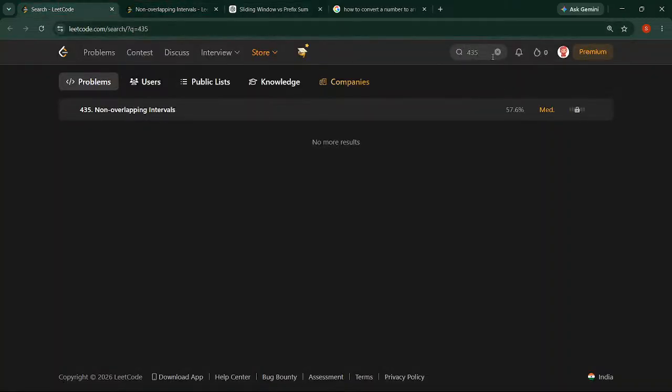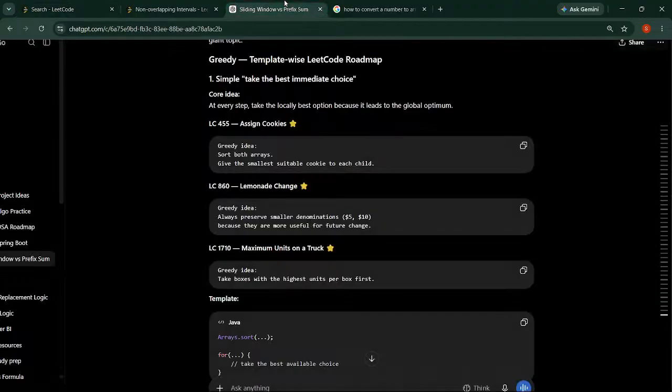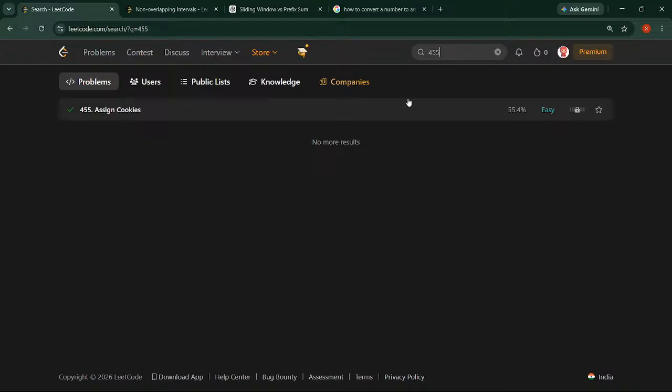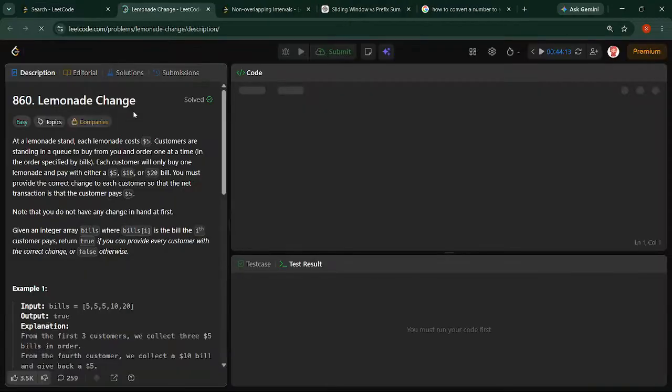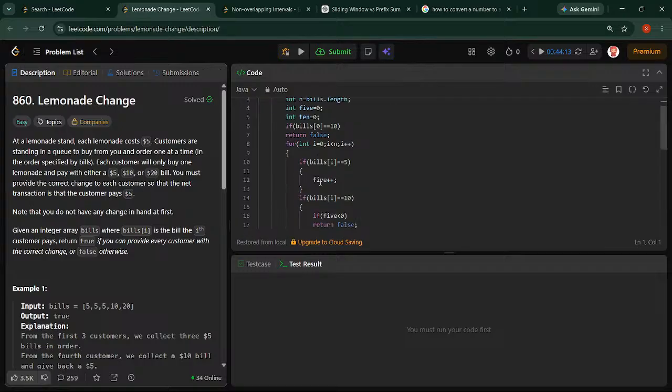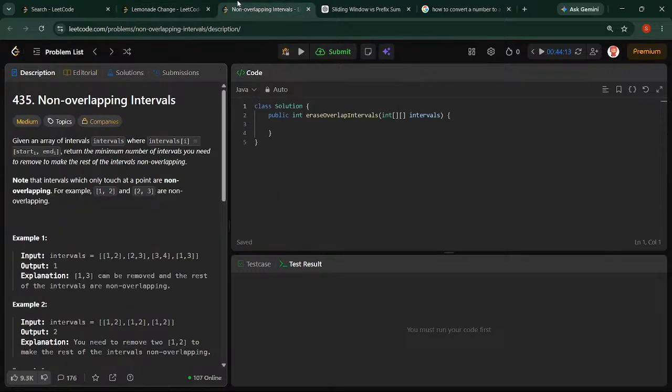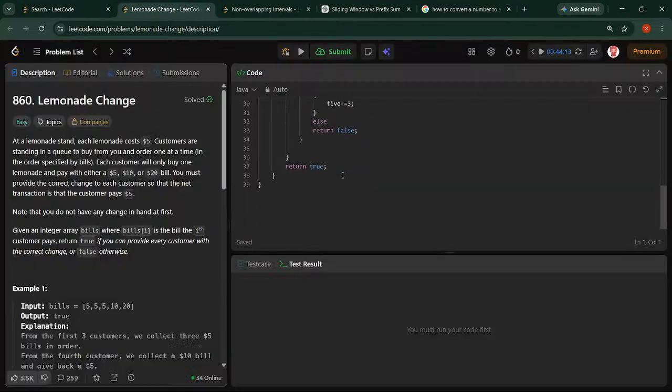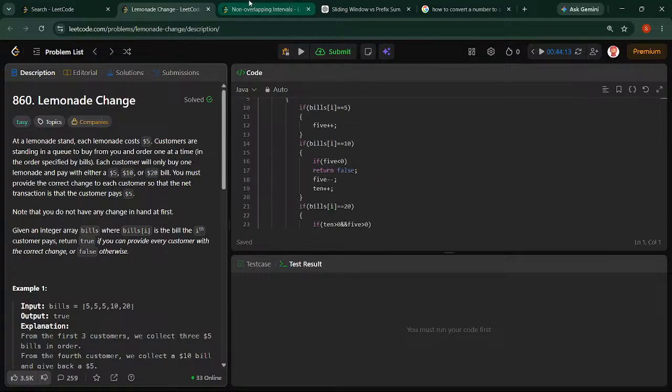455 तो चेक कर लेती हूँ मैं क्या किया था मैंने इसमें। 45 करने थे 860। ये तो मुझे याद है 1710। मैंने बहुत बार ड्राई रन किया था इसको। लैमिनेट चेन 860 चेक कर लेती हूँ। क्यों? लाइक इनमें कुछ ग्रीडी अप्रोच का समझ नहीं आ रहा। ये भी नॉर्मल लॉजिक था। इसमें ग्रीडी क्या है? खुद ही पूरा लॉजिक बनाया है।